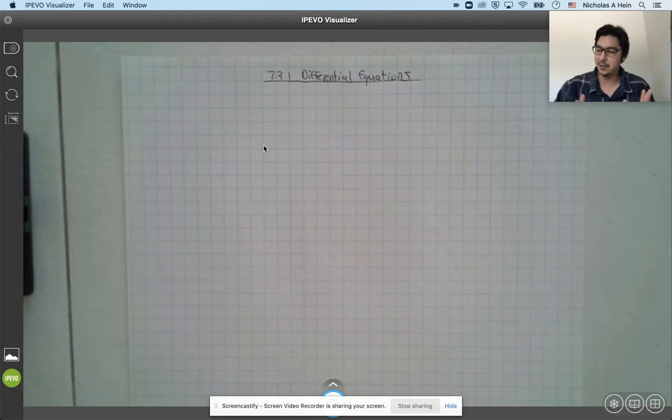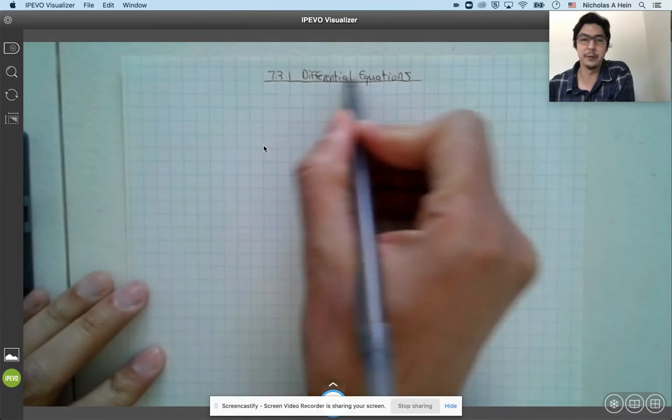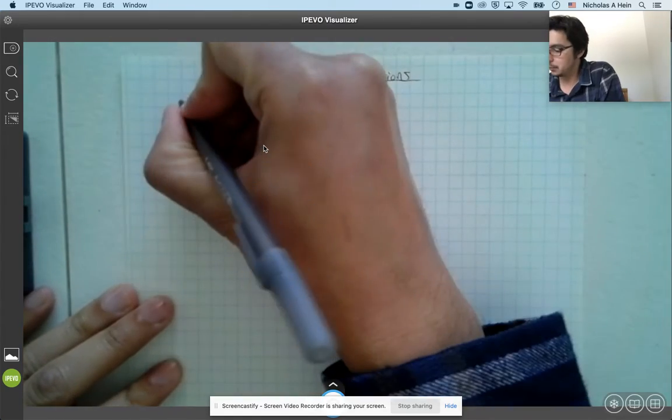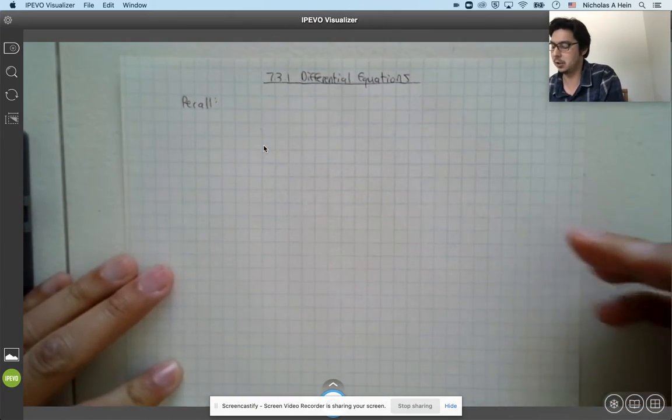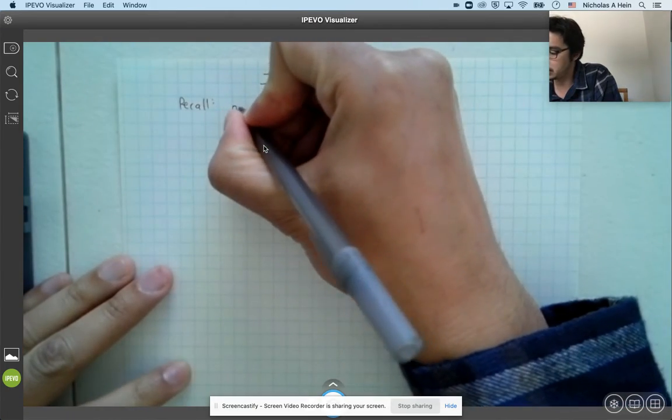We are at the very last concept of Chapter 7 and getting towards the end of this curriculum, where this section, Chapter 7.3, is all going to be about differential equations. Okay, so let's recall what we've been doing in the past in this year is if we were given a